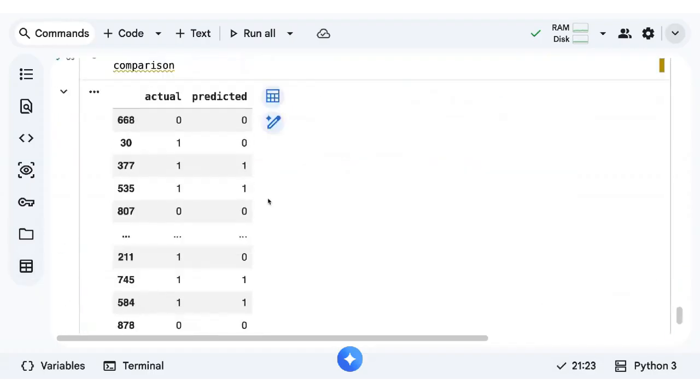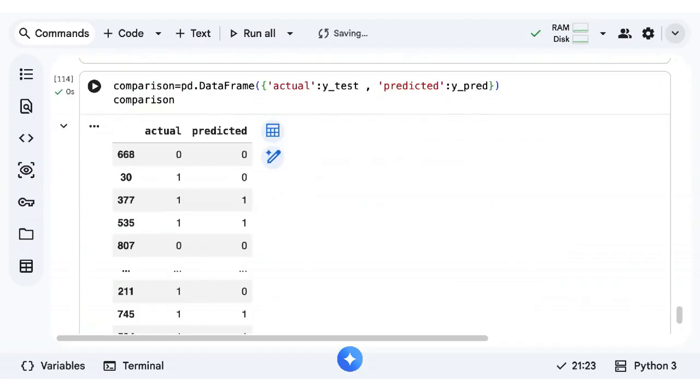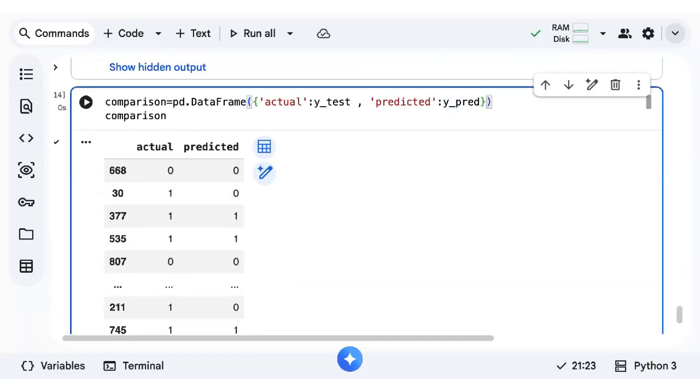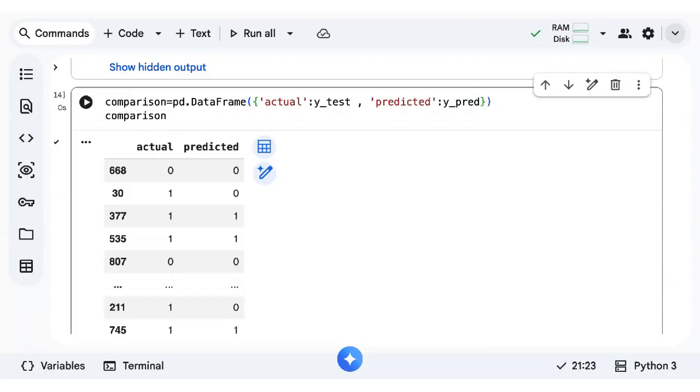Look, so actual is 0, predicted is also 0. If you want to see the probabilities as well, you can also try looking into the probabilities, like how it's showing the probabilities.